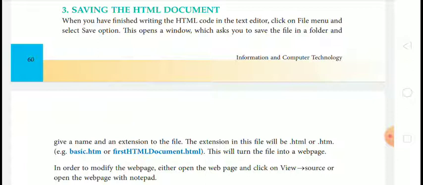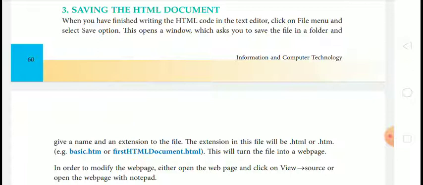When you have finished writing the HTML code in the text editor, the text editor might be your Notepad window, click on File menu and select Save option.